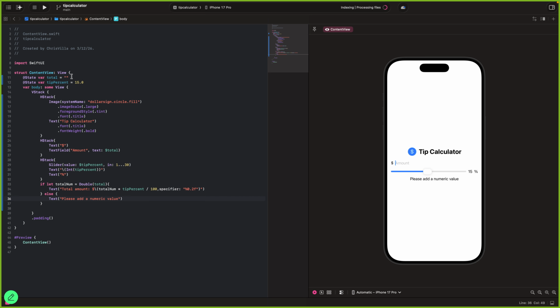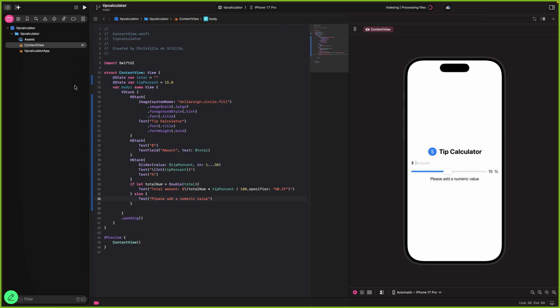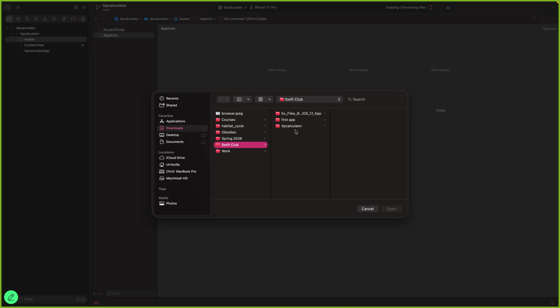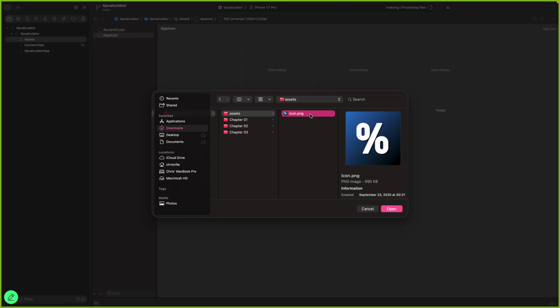And that's pretty much it. The only thing left for us is to change the icon of the app. To change the icon of the app, you're gonna open this left side, which is called the navigator, and you're gonna go to assets. In assets, click on app icon and click on this one, which is gonna be a single appearance. It's gonna show your icon no matter which appearance it has, whether dark, light, or tinted. And choose whichever file you want. I'm gonna choose the one that I already have saved.